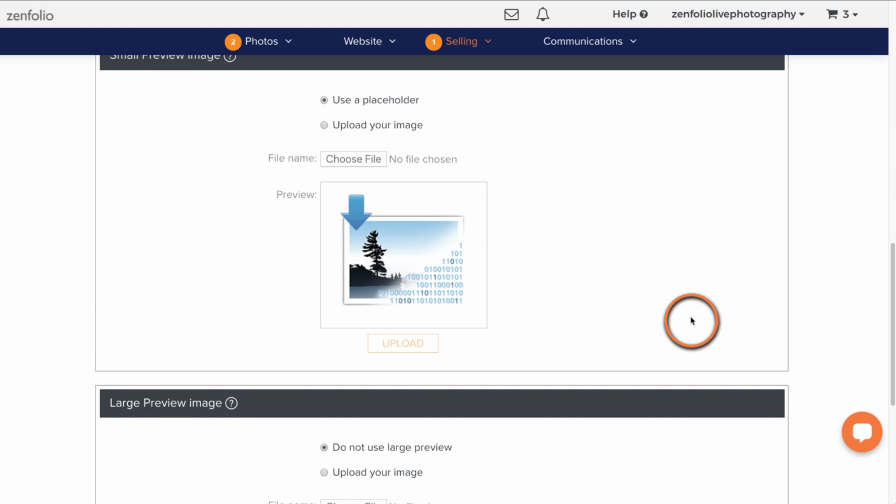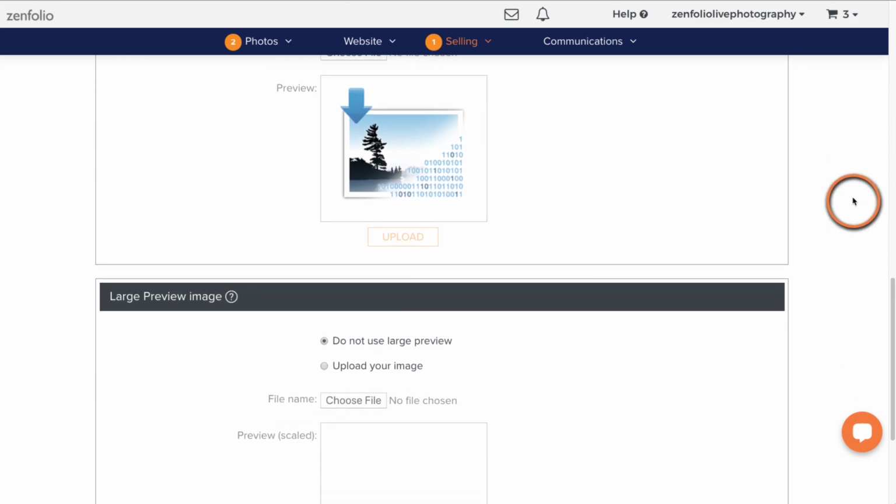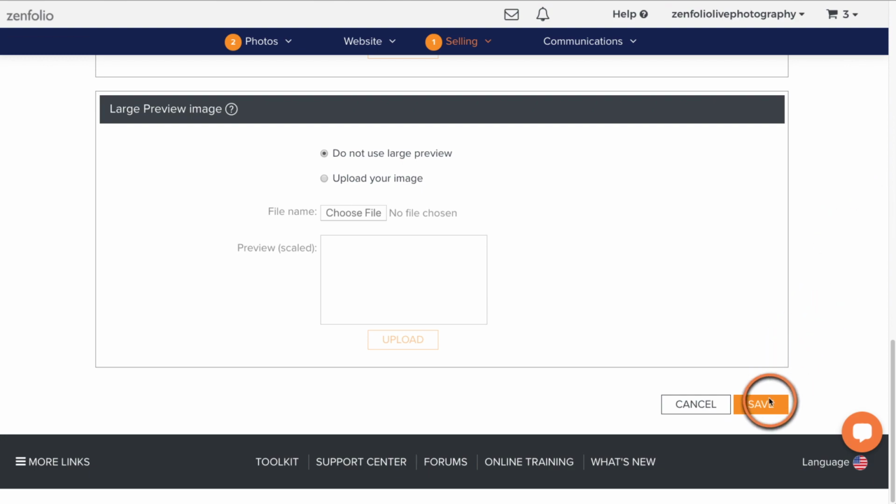One of the buying experiences is really simple. It's really fast. However, it doesn't show any images. That's the one that I prefer. The other one is more visual, and that's where these images come into play. So it depends on what kind of buying experience you want to provide for your clients. And we'll be talking about that a little later on as well. But for me, I just don't even worry about these because these are not in the buying experience that I like to use personally. So next we're going to scroll down and we're going to click Save right here.